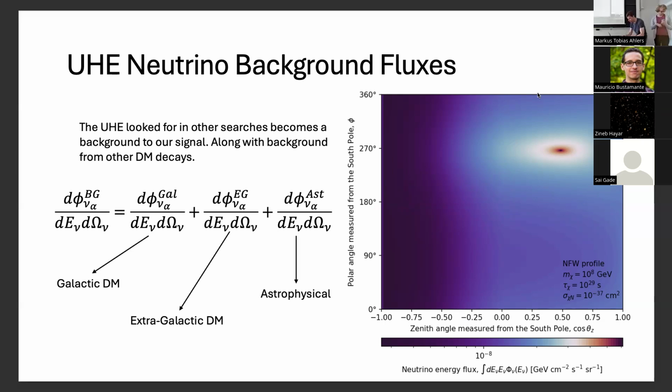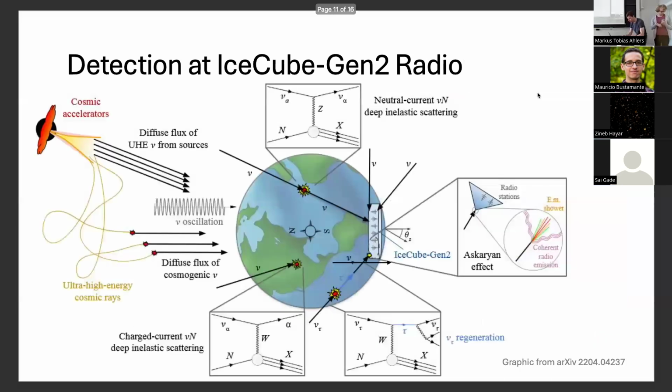So we can plot here, this is for the NFW profile of the dark matter galactic halo. I won't go into too many details about that. It is a bit hard to see here on the plot. It's better for the Burkert profile, but I've included this. You can see the Milky Way center would give us the highest signal because the density of dark matter is higher there. But if you get close, you can see that there is a significant difference right here at directly upgoing when we include the dark matter trapped inside the Earth.